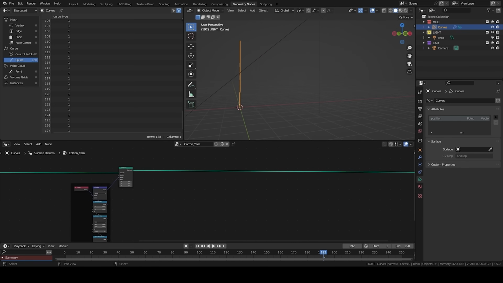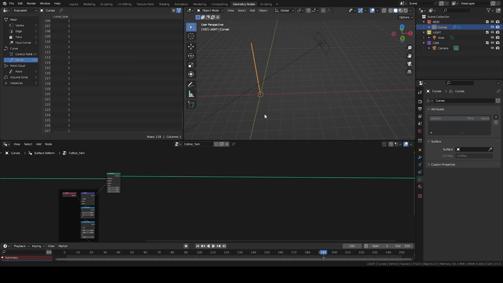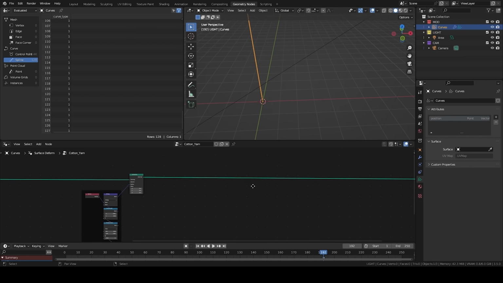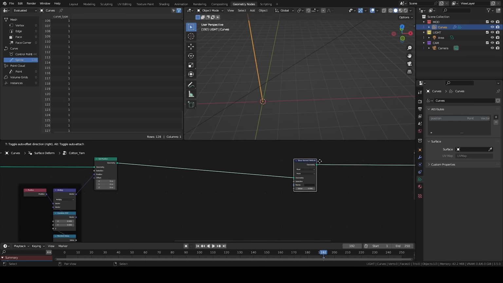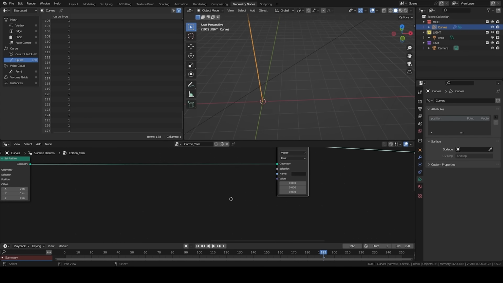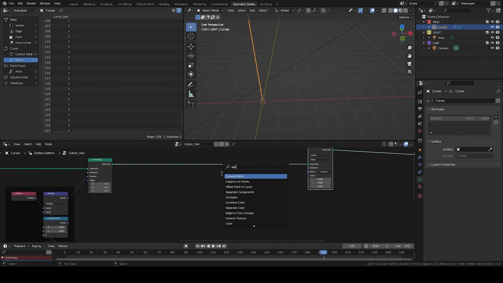Now we're creating an attribute that will gradually build the thickness of our strand, or at least the distribution of the strand, a little bit more in cylinders. For this, I'm going to create a store named attribute node. That's really to keep it out. And it's an attribute on the points, and we're going to store vector, and I'm going to call it distance pose. I create a position node and vector math node,